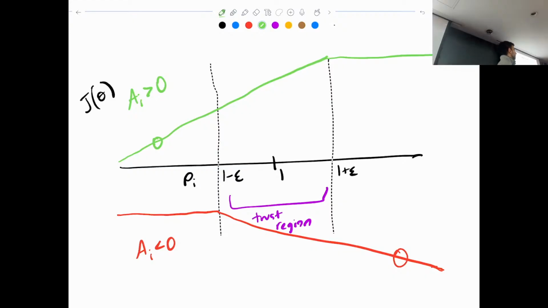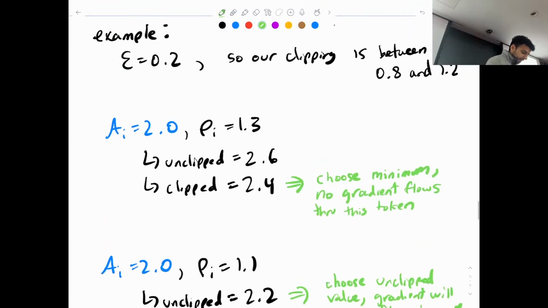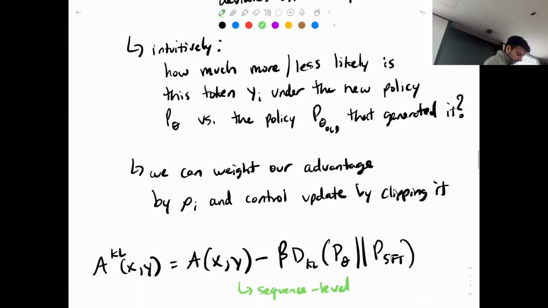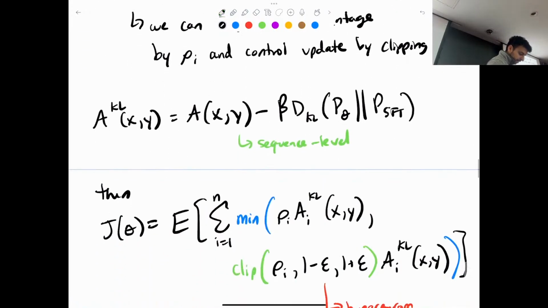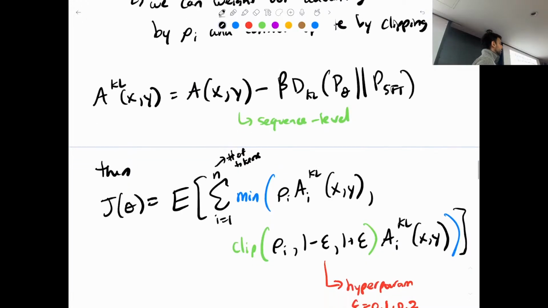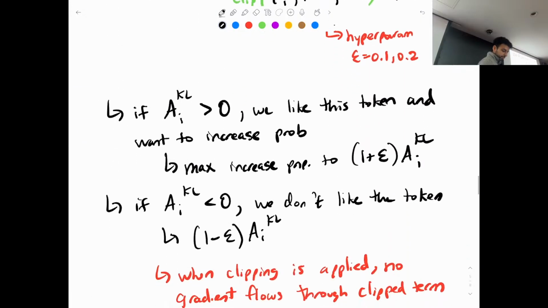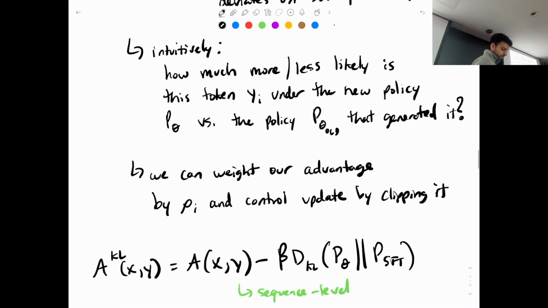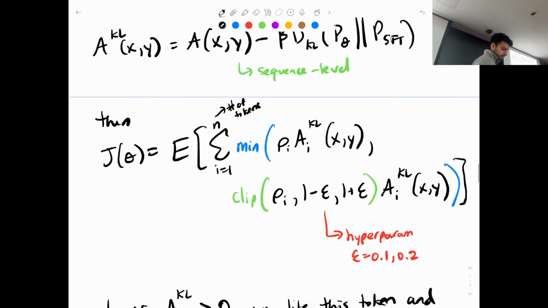Yes? I have two questions. Here in the new J function that we created for per token, n would be the number of tokens that we have. Yes, sorry, that's a good point. Here, n is the number of tokens, so the length of the sample y. And note that this is not a new objective, it's just a rewritten version of the same objective that we have. And the policy ratio, we're dividing the new model over the previous model for the same response, but